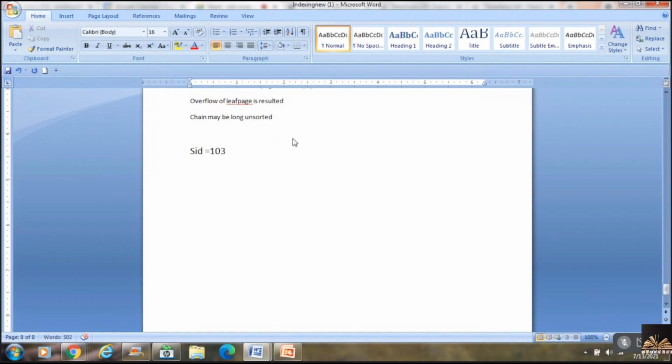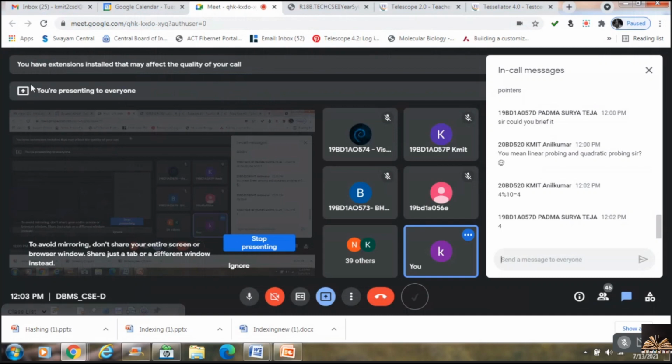And I'm using a hash function mod of 5. What would be the address where SID would be stored?